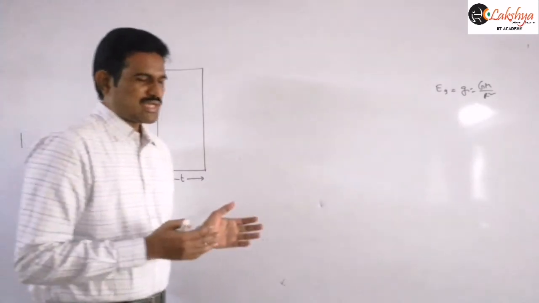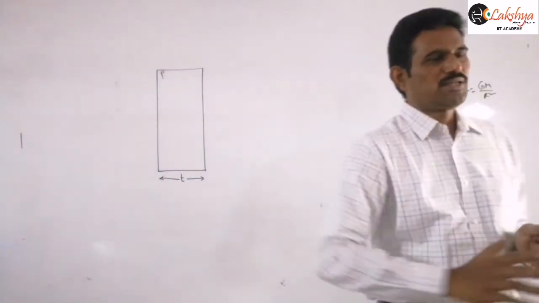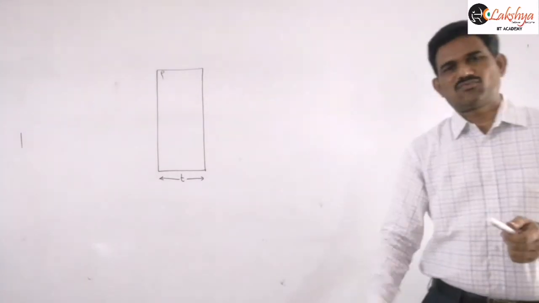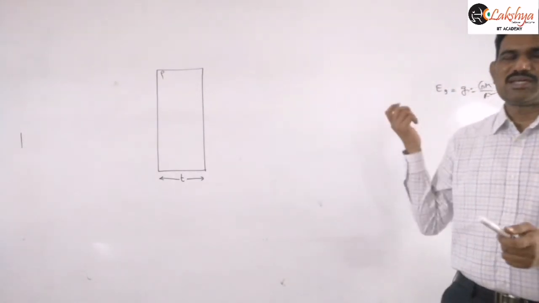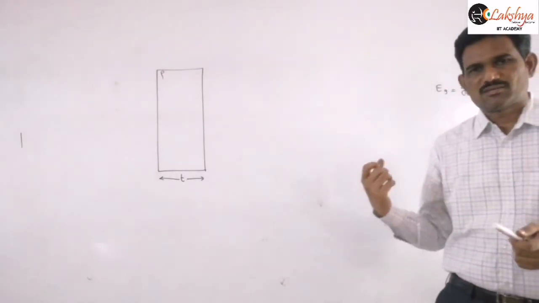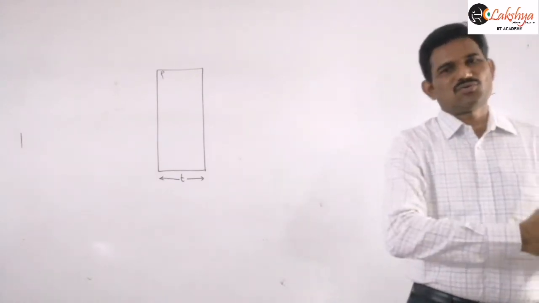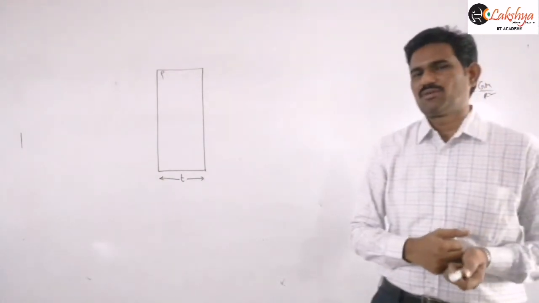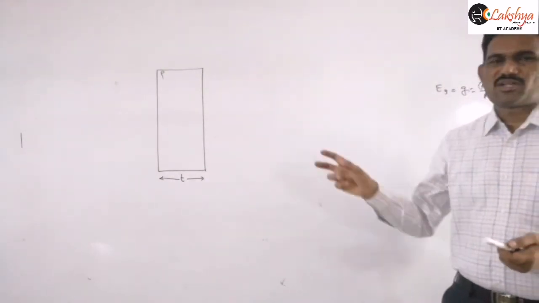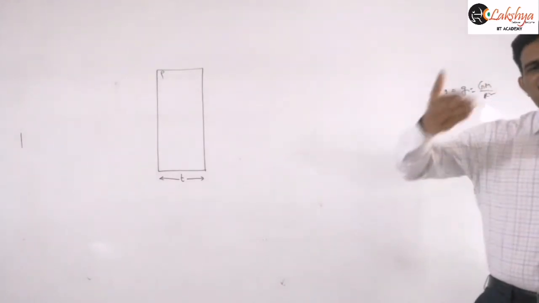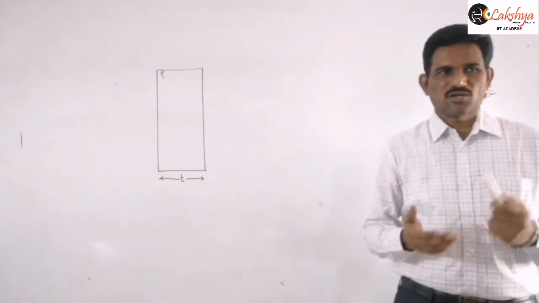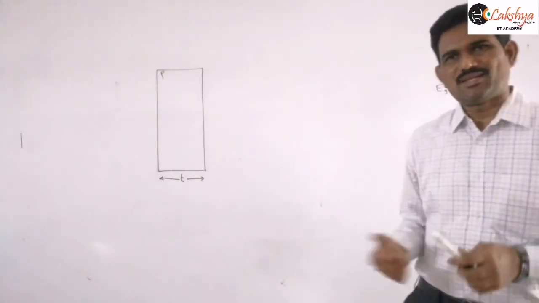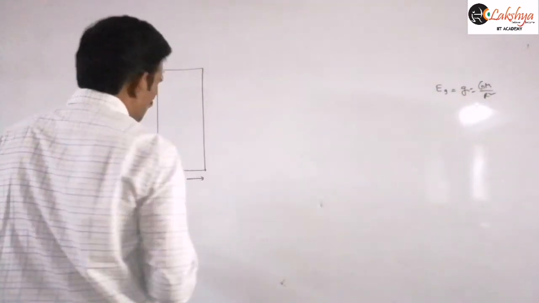So, as in electrostatics, what we need to calculate is the gravitational field due to this infinite plane. That gravitational field should be equated to g, the acceleration due to gravity on the surface of the Earth, because that is the given condition. So we simply find the gravitational field at an external point due to this infinite plane. We know this calculation already from electrostatics. When such a plane is given, how do we take the Gaussian surface?